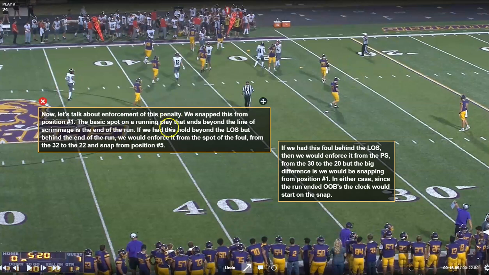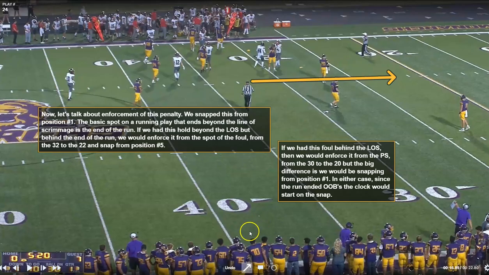So we snap this ball from position 1. This is a running play. The basic spot on a running play that ends beyond the line of scrimmage is the end of the run. So if we have this as a hold that was beyond the line of scrimmage, but behind the end of the run, we would enforce it from the spot of the foul. So from the 32-yard line to the 22-yard line, and it would be from position 5 because the hold occurred outside position 5. So we would go from position 5, from the 32 back to the 22,